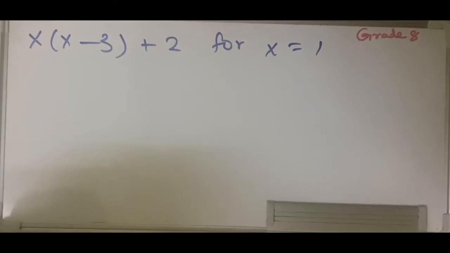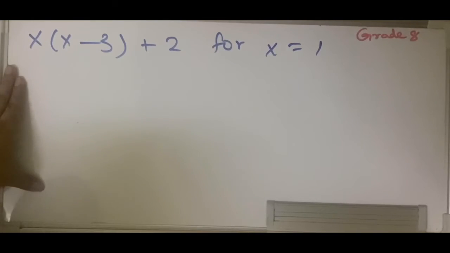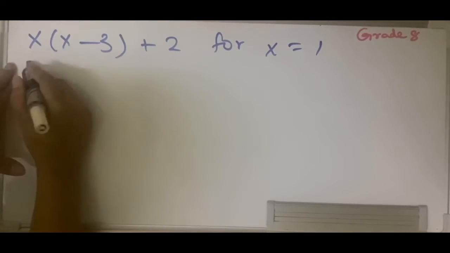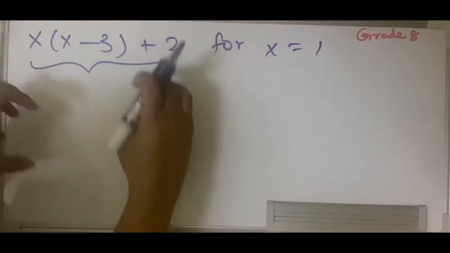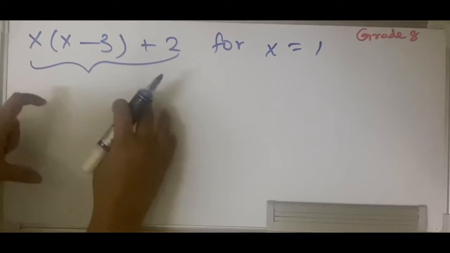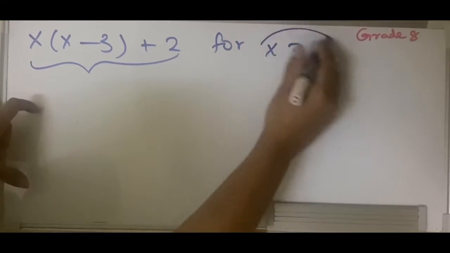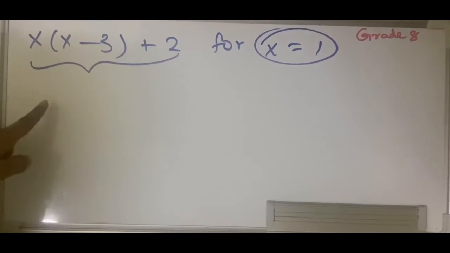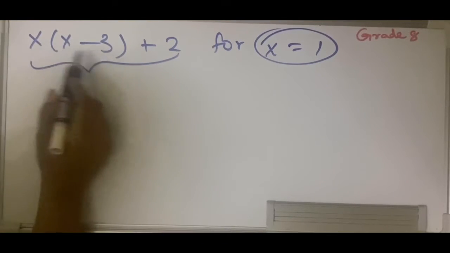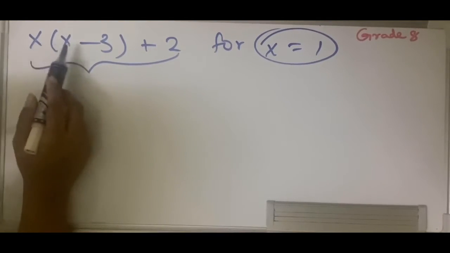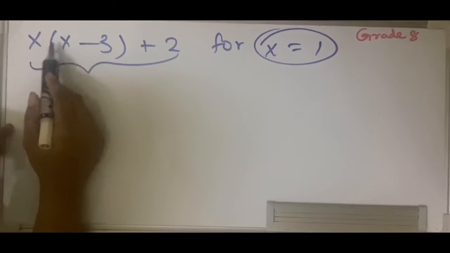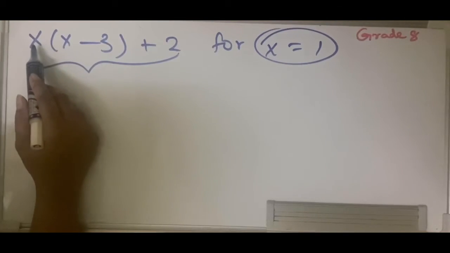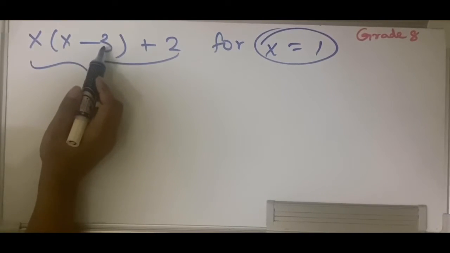Another type of example we have seen in the book is this, right? They have asked us to simplify this expression. We need to simplify this expression plus we need to evaluate using x is equal to 1, right? So first let us try simplifying this particular expression given. So you know that here it is multiplication of a monomial with a binomial, and you know that when I am opening the bracket I need to multiply x initially with this and then x with this one also, right?